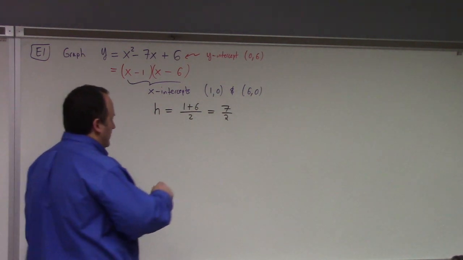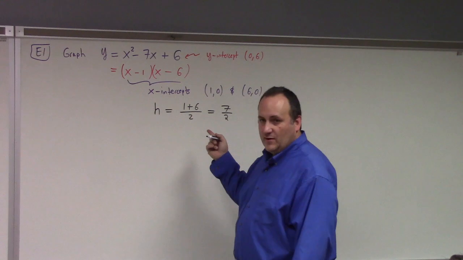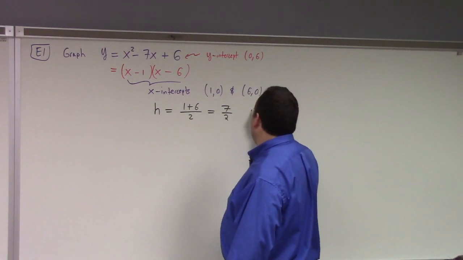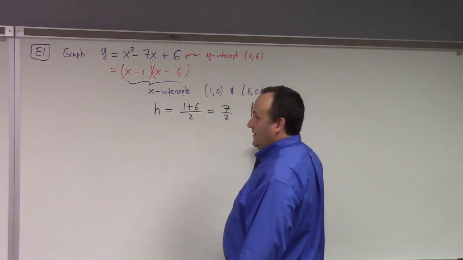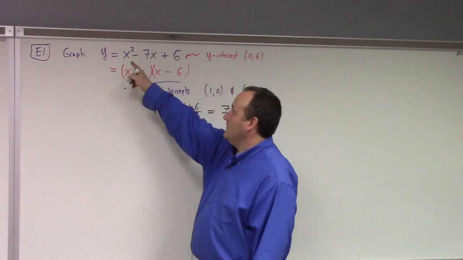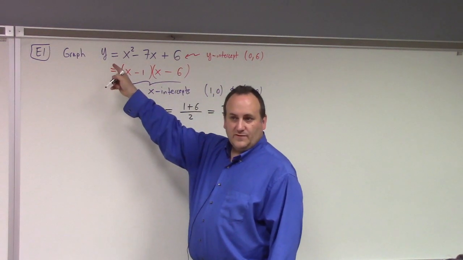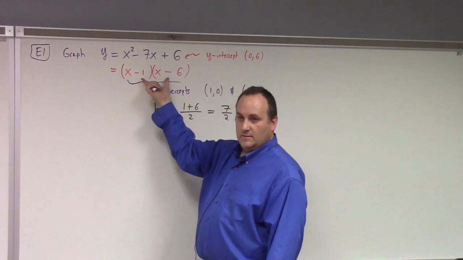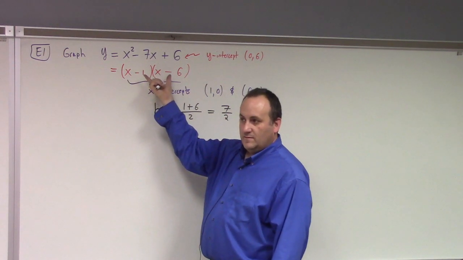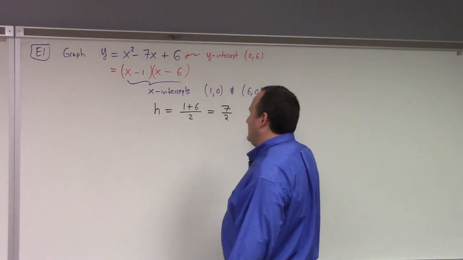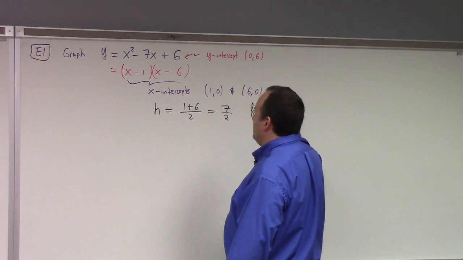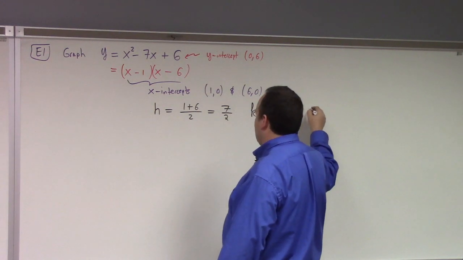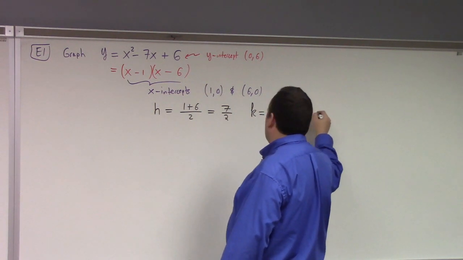So that's where the vertex is in the x sense. Where is it in the y sense? How do you figure out where it goes? What's k? The way to get k is you plug 7/2 back into the formula. Which formula should you plug it into? I think the easier formula to use here is the factored one. The factored formula is nicer. It's six of one, half a dozen of the other. 7/2 minus 6,